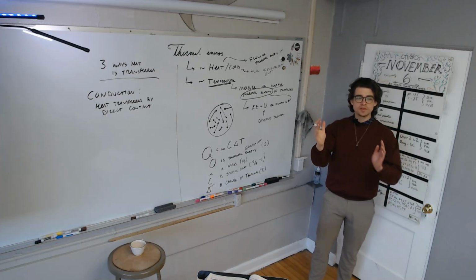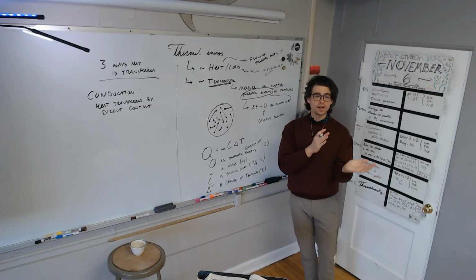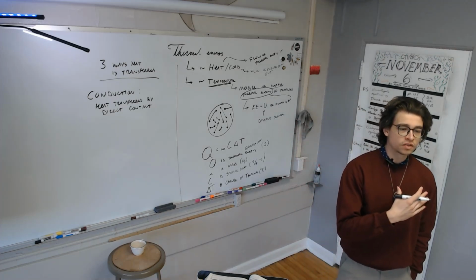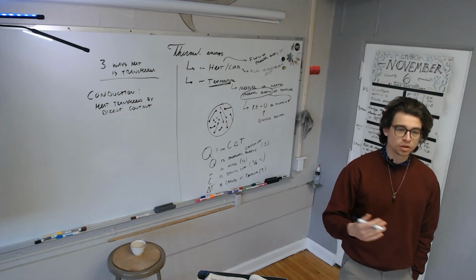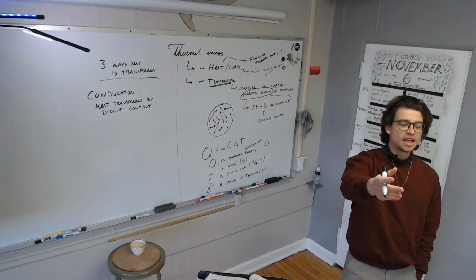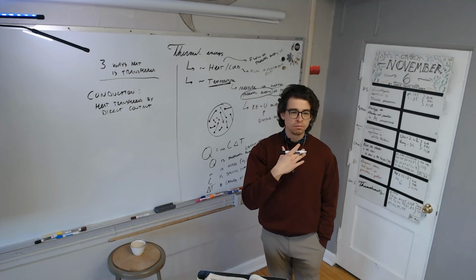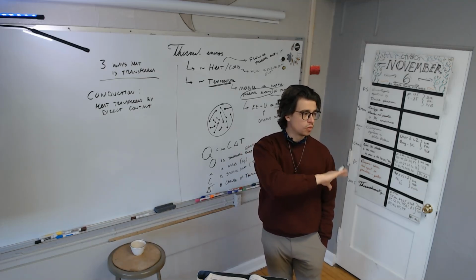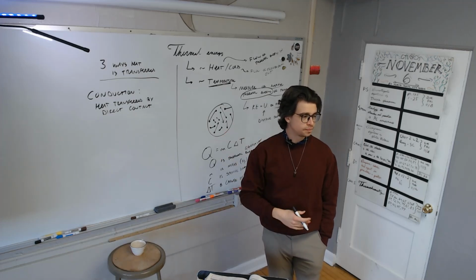If we have a hot object touching a cool object, how will the heat flow? From hot to cool. That's one of the laws of thermodynamics, that heat will always flow from hot to cool, or from warmer to cooler. If we open the window, it will feel to you like cold is coming in. But what's actually happening is heat is flowing out. The heat from the room is flowing out into the rest of the environment.